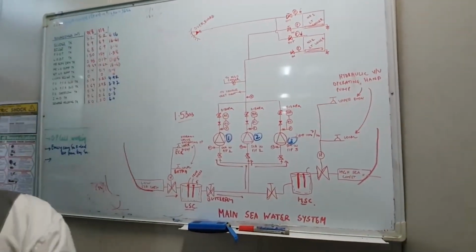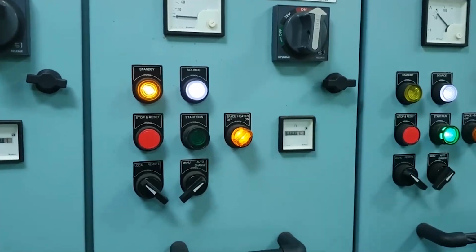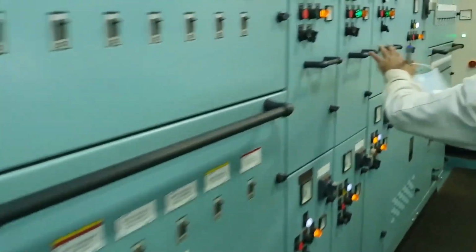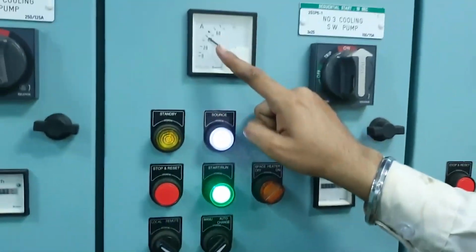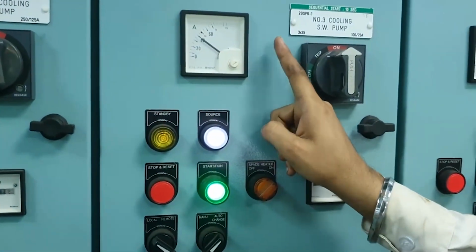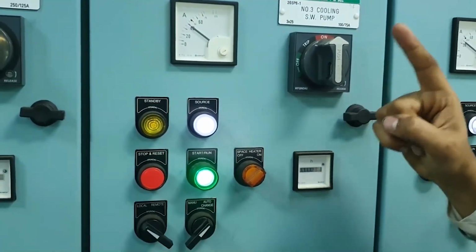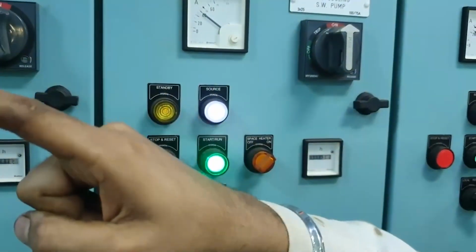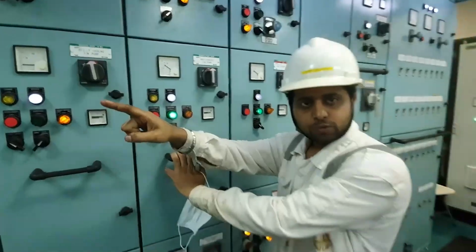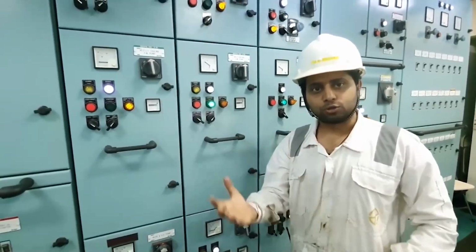Now let me show you, come over here. See, it is not running, but it is on standby. Right now, my number 3 seawater pump is running. You can see it is running over here. Amperage is 40 amps. So in case the number 3 seawater pump pressure switch senses pressure has dropped to below 1.5 bar, in that case it will automatically start the standby main seawater pump through the auto changeover system, and an alarm is going to come over here. This is what auto changeover is.